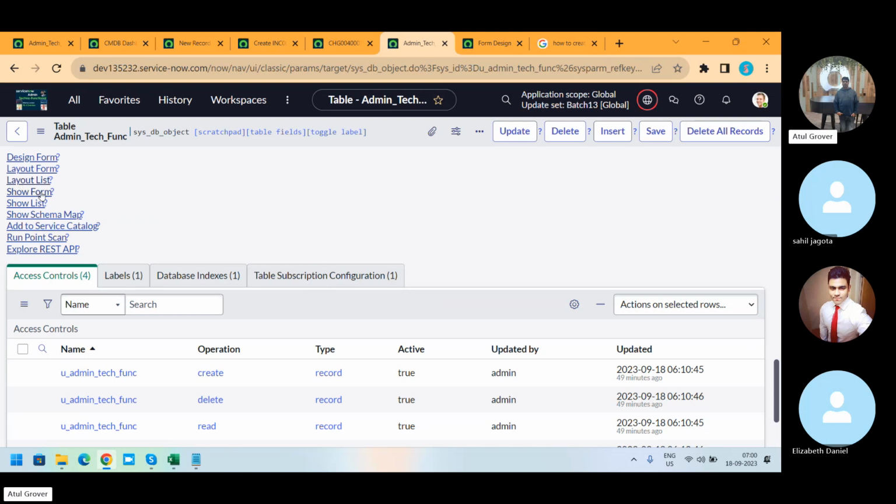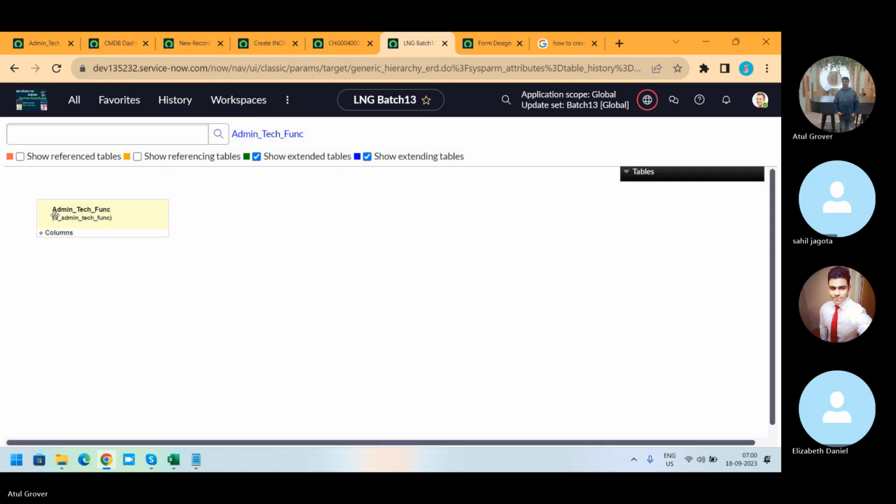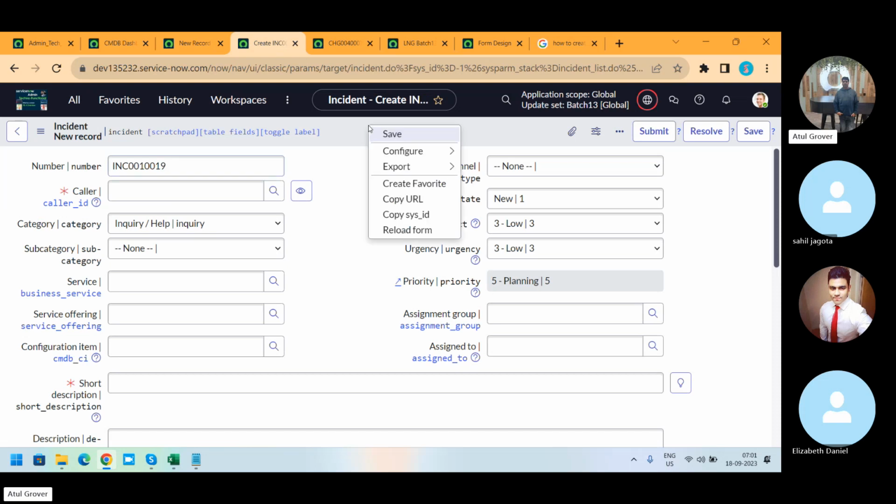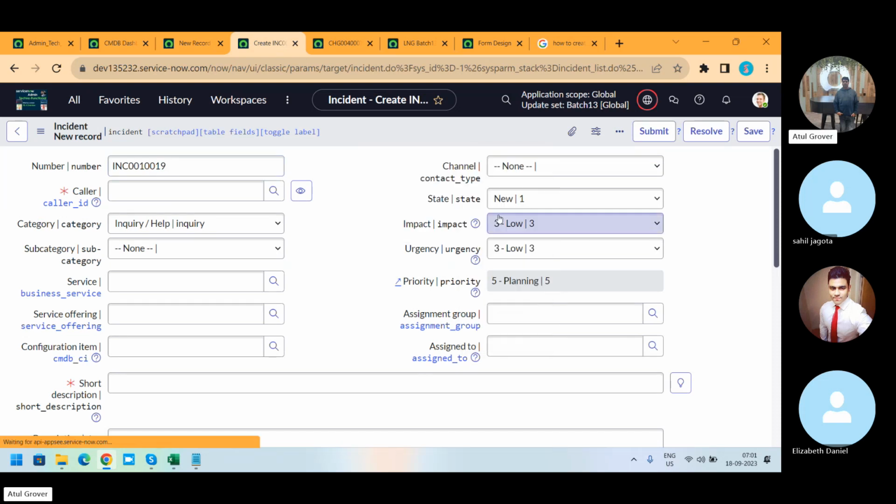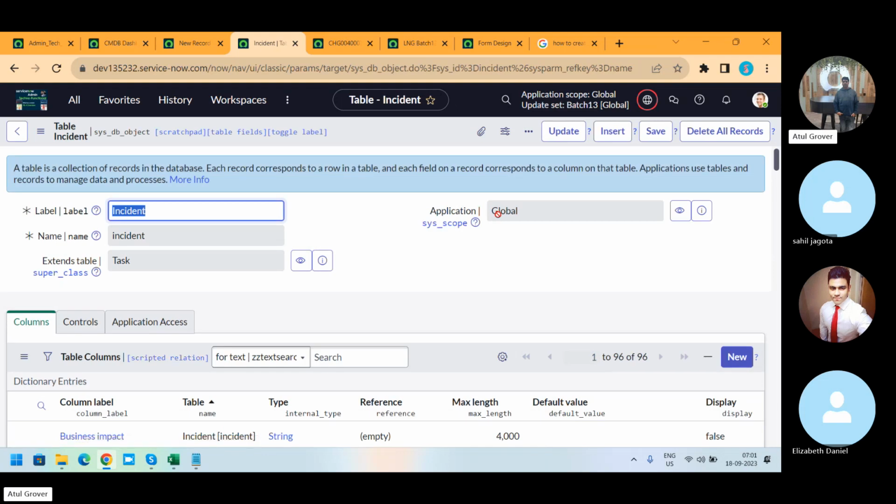And you want to see the schema, how this table has been built up. You can see the schema here. Because we did not extend it from anybody or any other place, it is showing nothing. But if I go here, incident table, configure table, and if you scroll down,